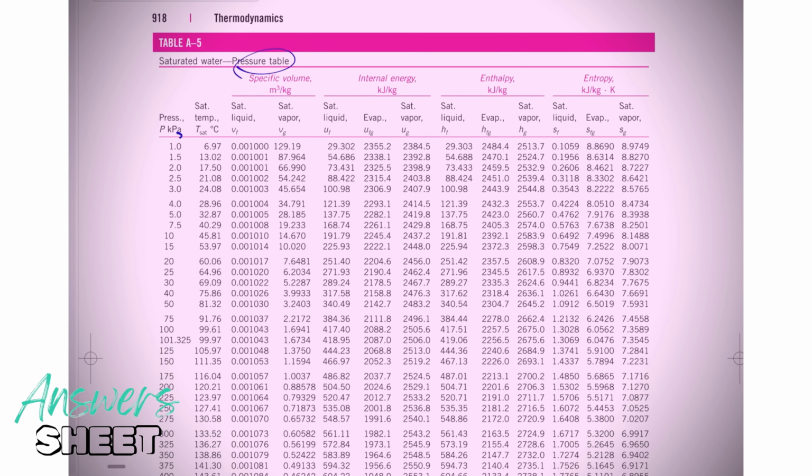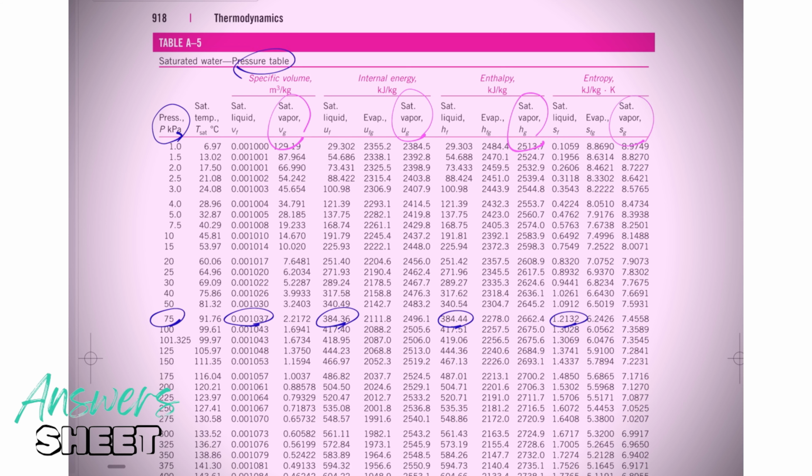So if we know it is saturated liquid and we are given the pressure, then we would come to the pressure table, and any of these subscript F are the saturated liquid properties. All right, saturated. That's going to be the easiest one. Saturated liquid properties are these on the subscript F column right here. Well, what do you think saturated vapor properties are? They're these right here, right?